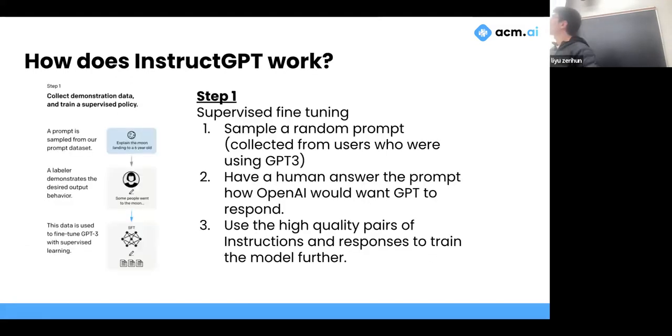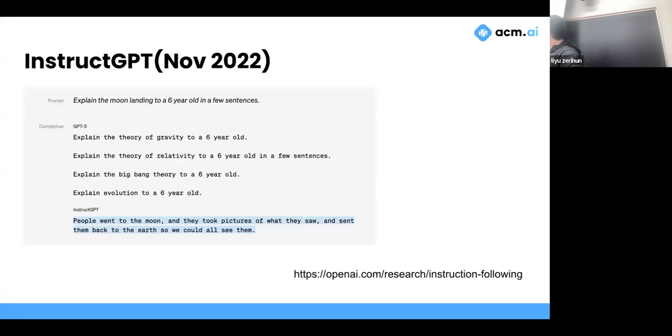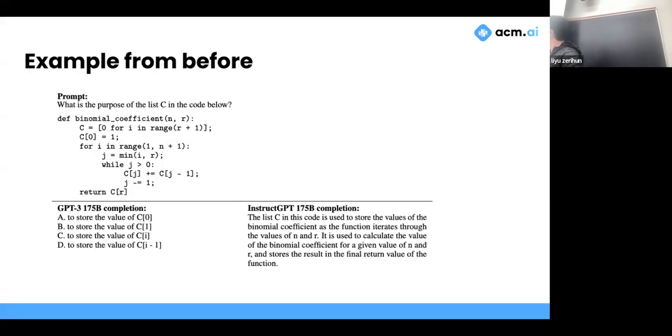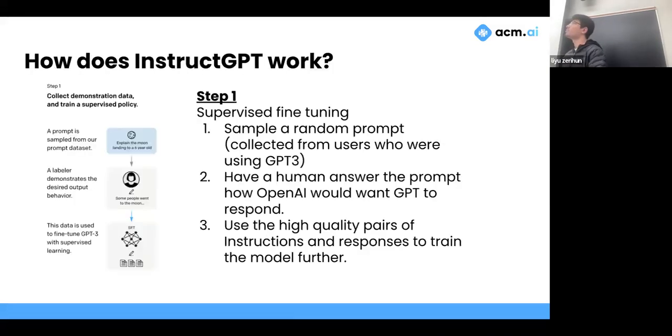Okay, so how does it get these insane results, right? These are really good. How did you get it to do well? And again, from the name, instruct. How do you get it to listen to instructions well? All you do pretty much is you just get humans responding to data really well, and then you just fine tune it on the next word on that more. That's pretty much the underlying thing.